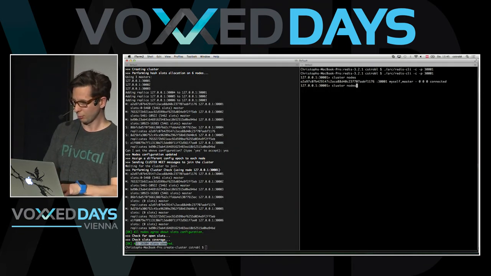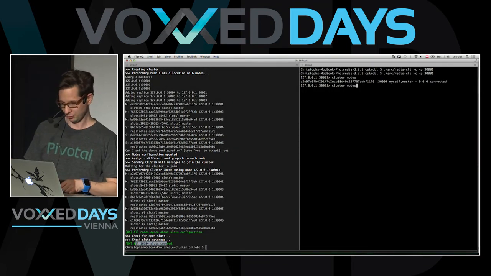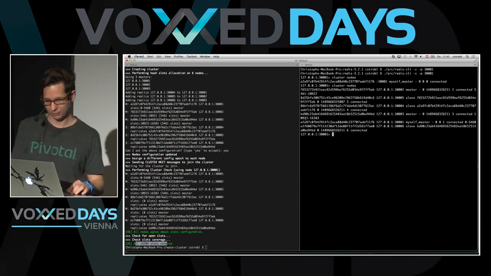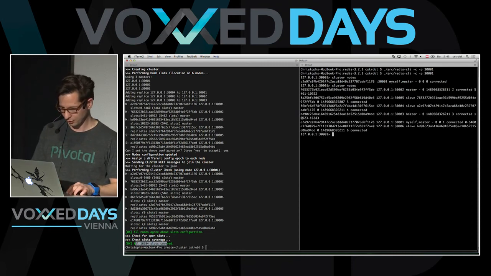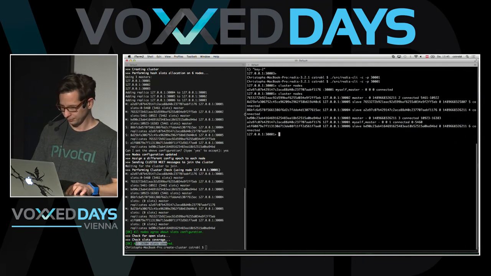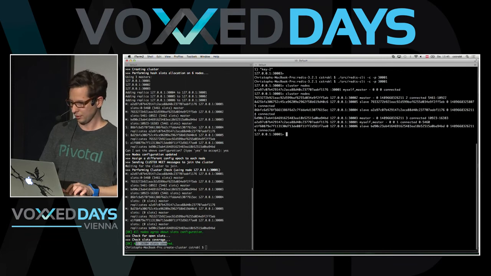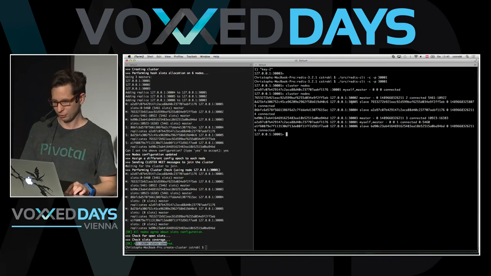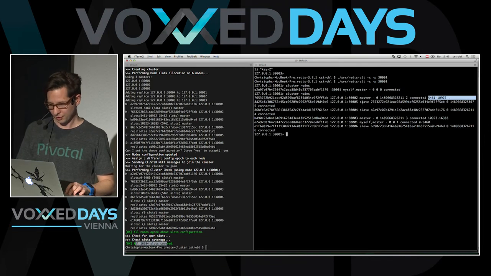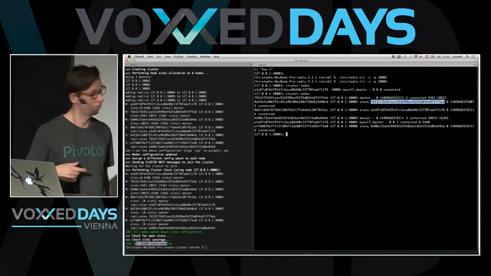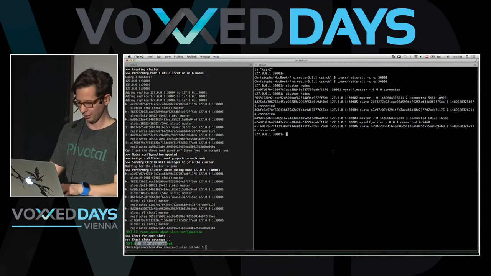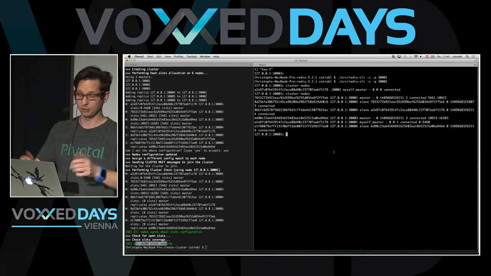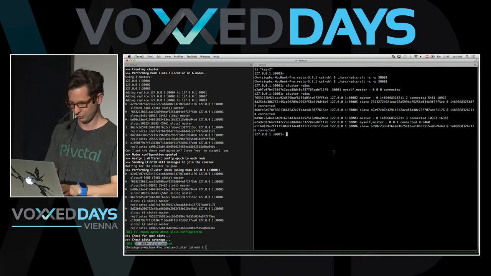And now when we go back and ask the Redis server again to tell us how the cluster looks with the cluster nodes command, well, there you go. It basically tells us, okay, there is a master node that serves the slot range. There is a slave for that master, and so on and so forth. So you see all that stuff is there. And now we can go on and again add stuff to the Redis cluster by calling